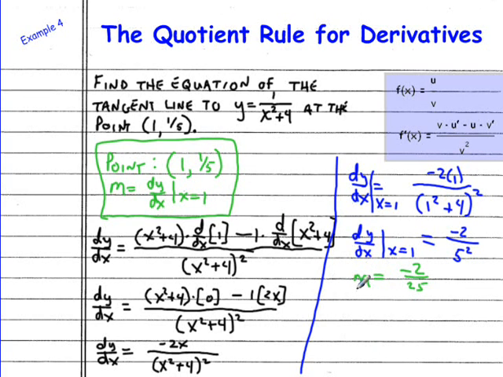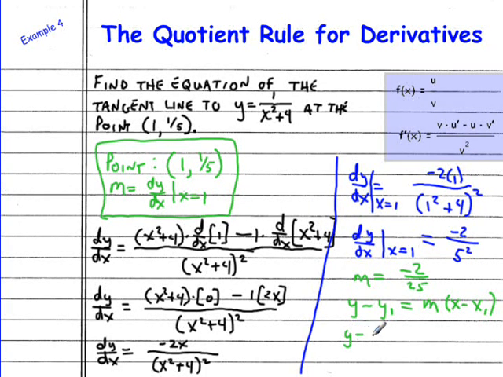Well, now we use this information to actually come up with the equation of the line. Remember, we do that by employing the point-slope form of the equation of a line. That is, y minus y sub 1 is equal to m times x minus x sub 1. And as we recall, the m represents the slope of the line in question, and we have that slope as negative 2 over 25. And the x sub 1 and y sub 1 represent the x value and y value of a point we know is on the line. So x sub 1 is 1 and y sub 1 is 1/5. So we go ahead and we replace these